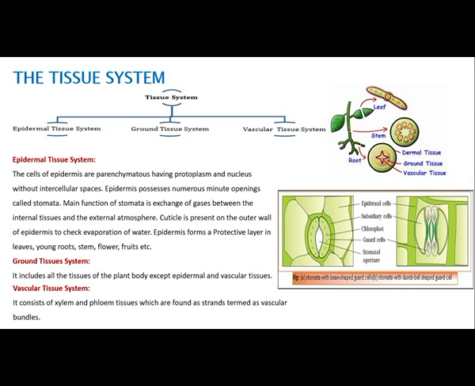And then there are root hairs and trichomes: the root hairs, the stem hairs and trichomes. Now trichomes are present on the stem, and these are usually multicellular, and they help in preventing water loss through transpiration. Now coming to the ground tissue system. All tissues except the epidermal tissue system and the vascular bundle, that is xylem and phloem, belong to the ground tissue system. So basically this ground tissue system includes hypodermis, cortex, endodermis, pericycle and all. And now coming to the vascular tissue system, the xylem and phloem together constitute the vascular tissue system.